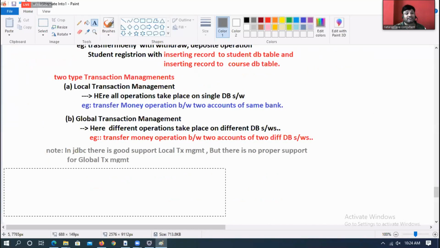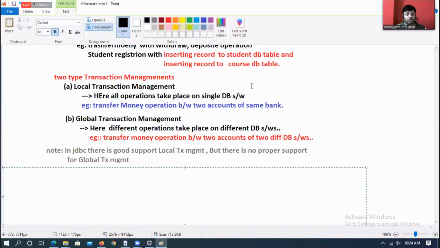You should have reasons to tell the interviewer why, when JDBC is there, you are going for Hibernate and ORM mapping. I hope you are able to convince yourself. Come on, my dears.